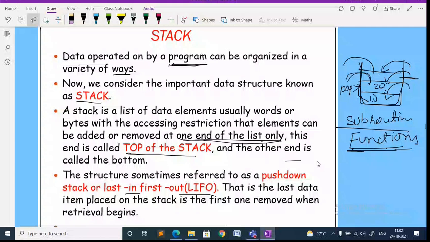Now consider my memory address is 86 and I want to push one more element onto the top of the stack. What happens? It is going to decrement the stack pointer by 4 bytes. So the stack is growing in the decreasing order of its address. This is one special thing you need to remember.